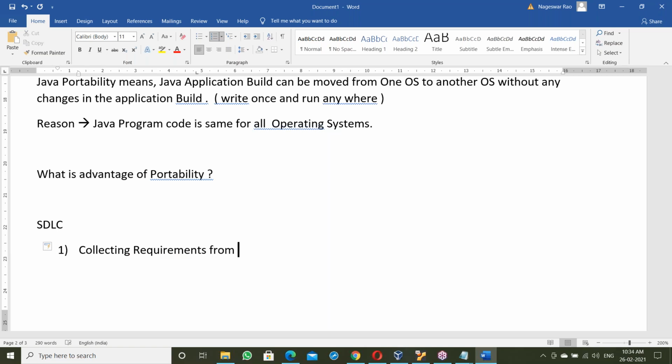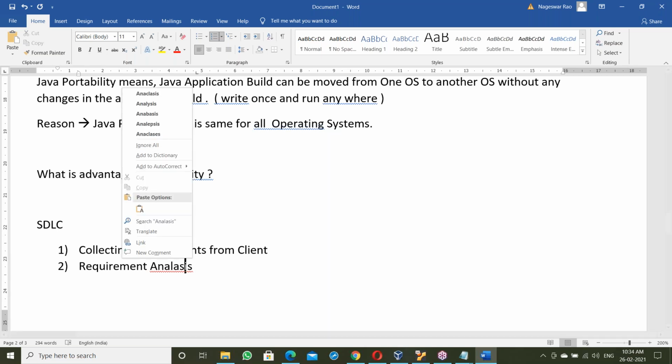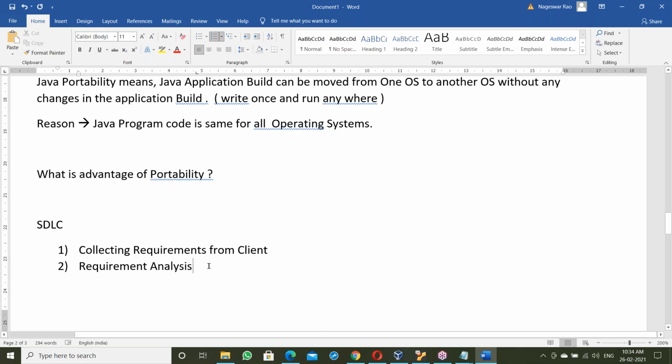This is step one of software development: requirement analysis. Collecting requirements from the client.